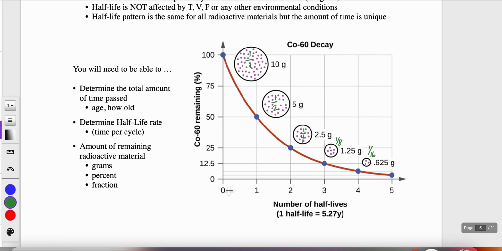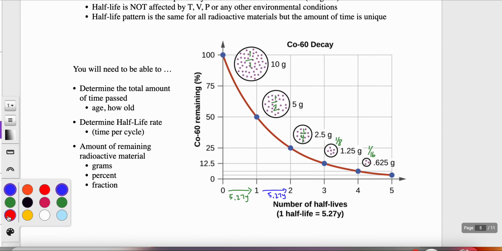The half-life is the amount of time it takes to go from cycle 0 to 1. And according to this, it takes 5.27 years to go from 100% radioactive down to 50% radioactive. And then to go from cycle 1 to cycle 2, it takes an additional 5.27 years. So to go from 50% radioactive down to 25%, which is cutting it in half again, that's